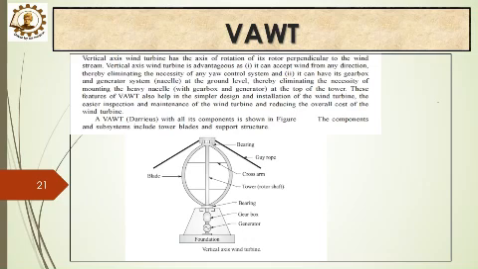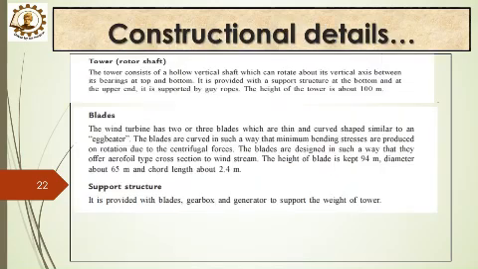These features of the VAWT, or vertical axis wind turbine, also simplify the design and installation, and it is easy to maintain. A vertical axis wind turbine is also known as a Darrieus type wind turbine. This is the figure of a Darrieus type wind turbine. There is a bearing, a guy rope, a cross arm, blades, and a tower, and the bearing, gearbox, generator, and the foundation are at the base. So this is a schematic of a Darrieus type vertical axis wind turbine.